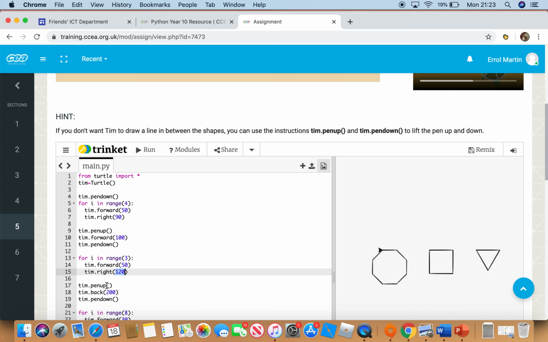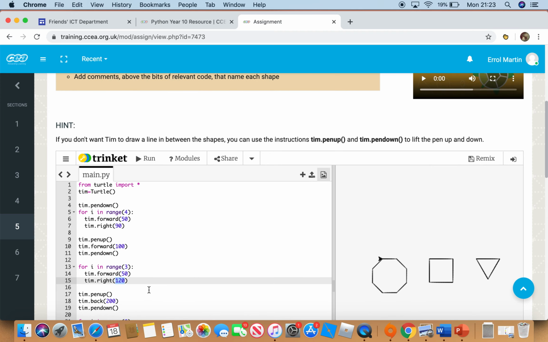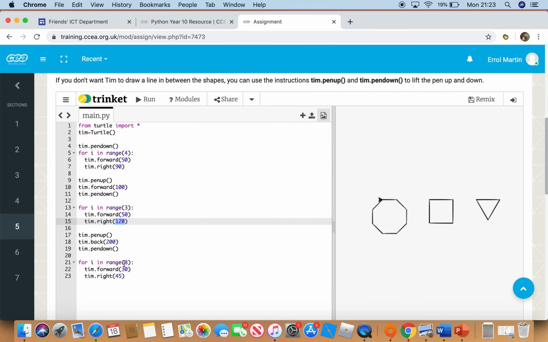So I'm now going to lift the pen up, and then I'm moving back 200, which gets us to here. And then I'm going to put the pen down and then start the next loop. And the next loop is a loop which will draw an octagon. An octagon, if you remember, has 8 sides, and it's a regular octagon. So all the sides are the same length, and all the interior angles are the same as well, and exterior